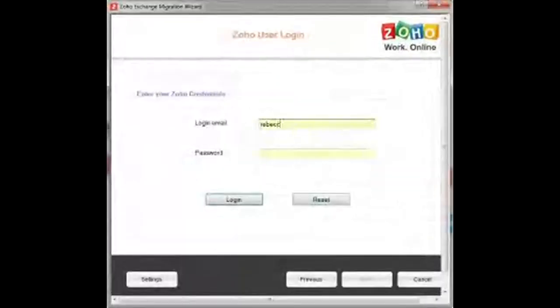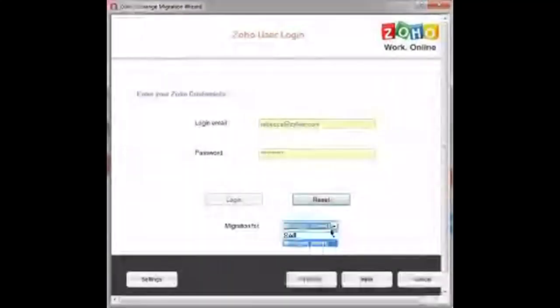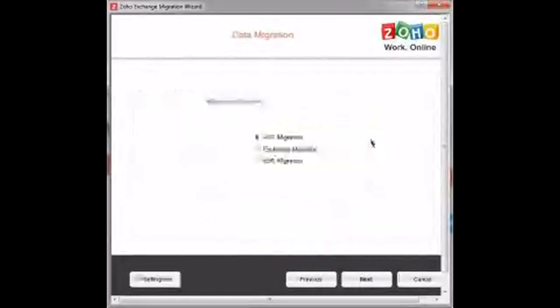So here you can see that I've selected the PST method and I'm logging in using my Zoho credentials. This wizard is available only for Windows machines. You can either migrate multiple users or you can just migrate data for yourself.